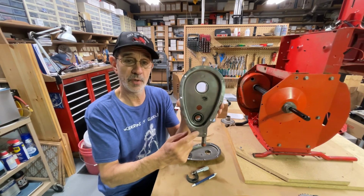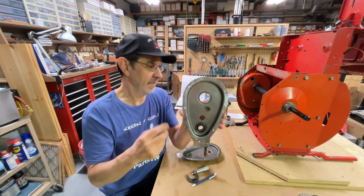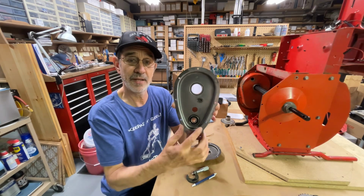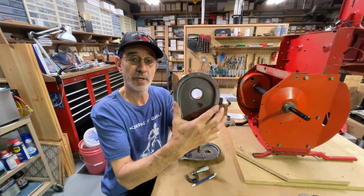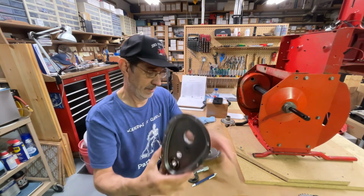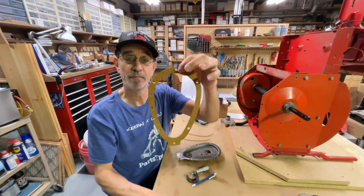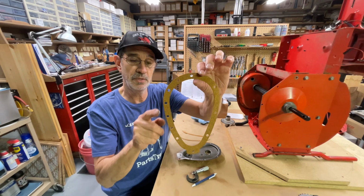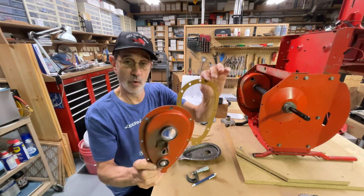You have a 1/4-20 bolt here, and the small bolts that screw these two halves together, there's 2 here, 2 here, 2 here, and 1 up here. Now the gaskets are not like that. They added a bolt in between each one of these over the years